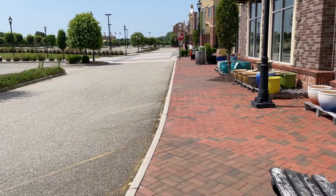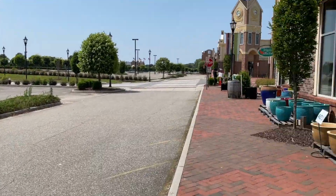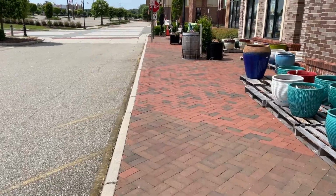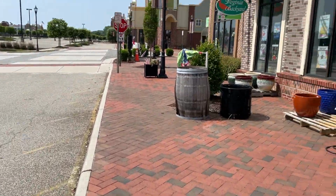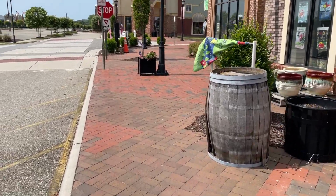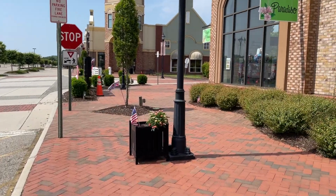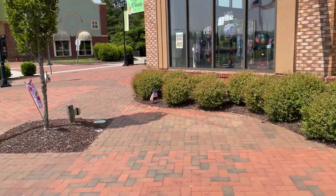Alright, that is going to do it, I think, for the Williamsburg Pottery. Yeah, I mean, I was sort of optimistic in the first building, but by the time I got to the second, it just wasn't really much. Yeah, sort of a letdown in my opinion,